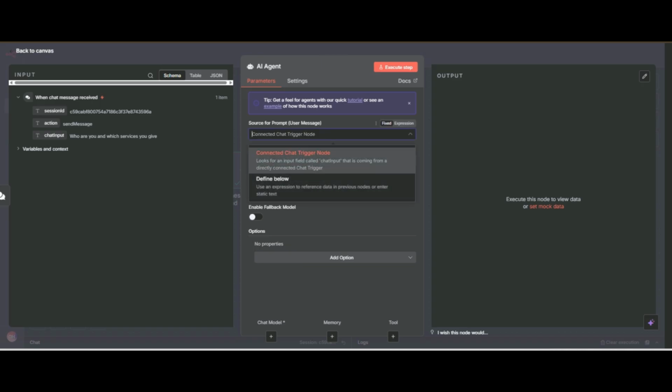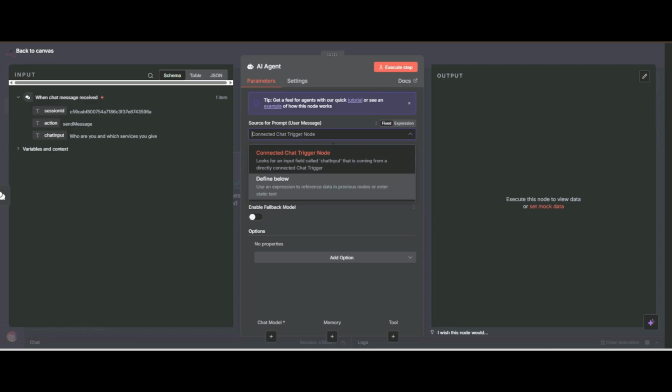Now there is a tool section defined below, and connected chat trigger. So n8n's default build is, when you are using a connected chat trigger, you don't need to define the user query. But when you are not using a chat trigger, you need to define it below.